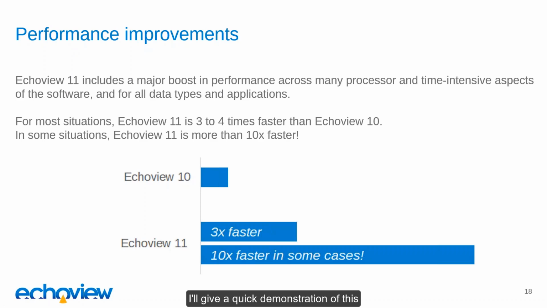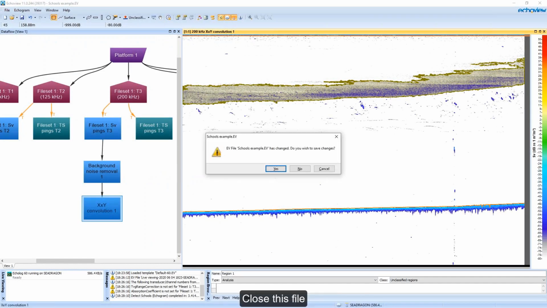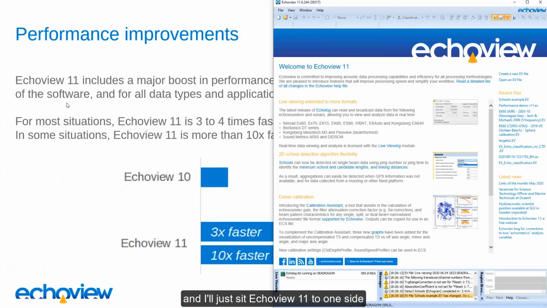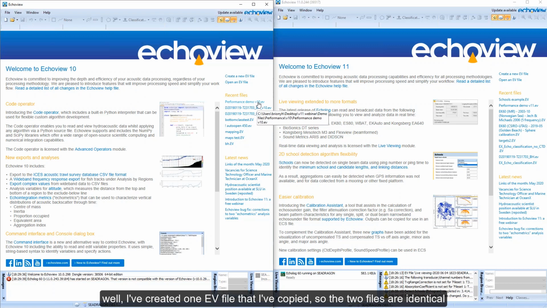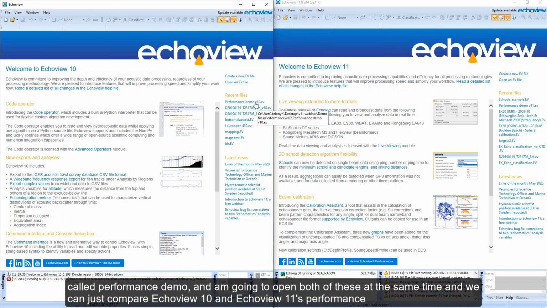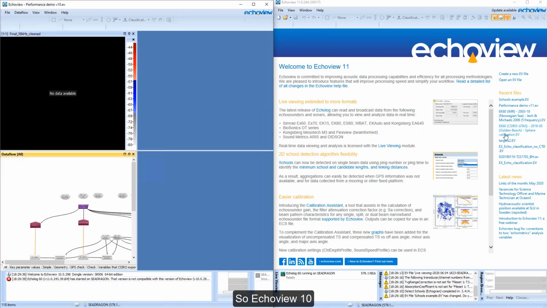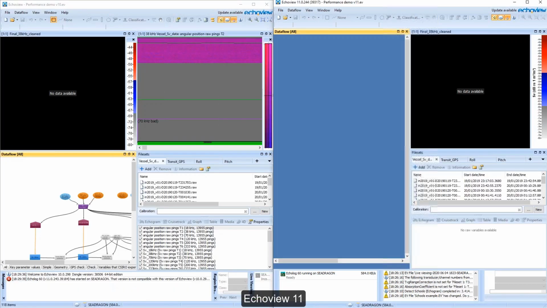I'll give a quick demonstration of this. Close this file, and I'll just set Echoview 11 to one side. And I'll also open Echoview 10. All right, Echoview 10 on the left. And so I've created 2 EV files. Well, I've created one EV file that I've copied, so the 2 files are identical, called performance demo. And I'm going to open both of these at the same time, and we can just compare Echoview 10 and Echoview 11's performance. So Echoview 10, Echoview 11,